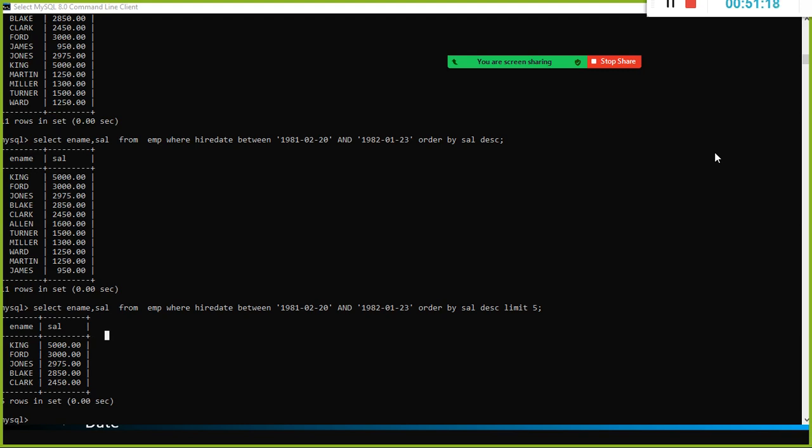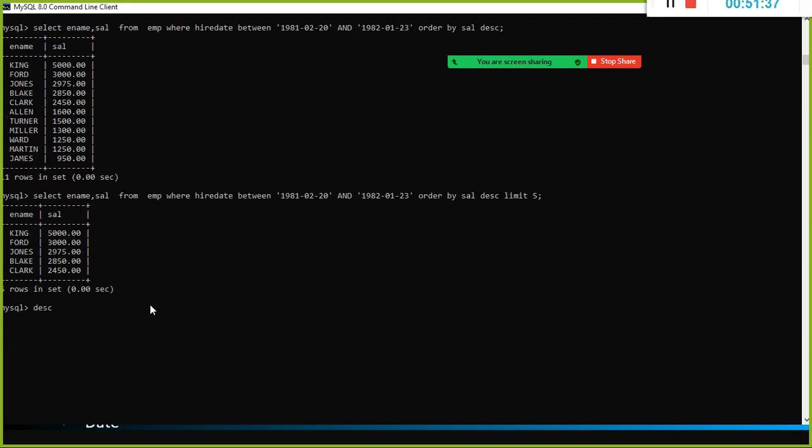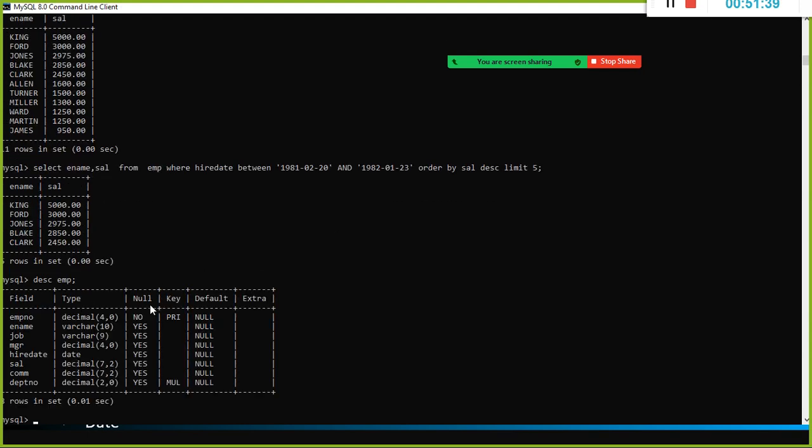Okay, fine. So now you understood how the order by works. This is a very basic thing. And also we have seen how to add a column, how to drop a column, also how to modify a column. Suppose you wanted to modify the data type, right? So you have something called, for example, describe EMP. You want to modify the data type of something, for example,